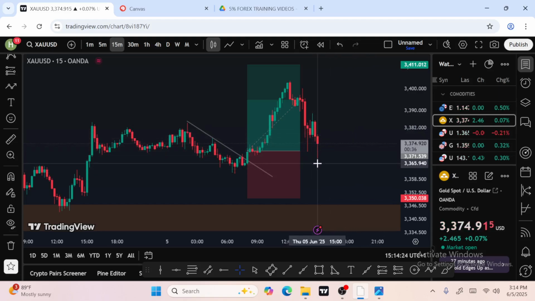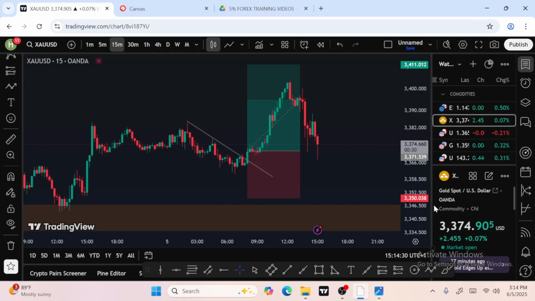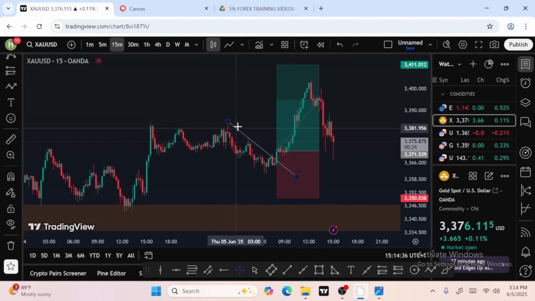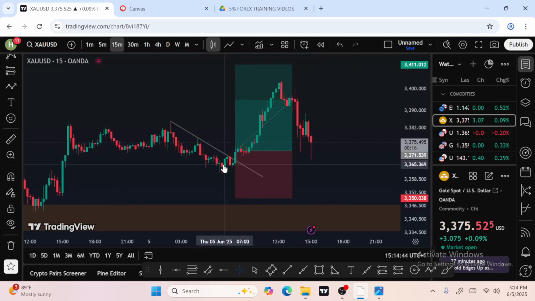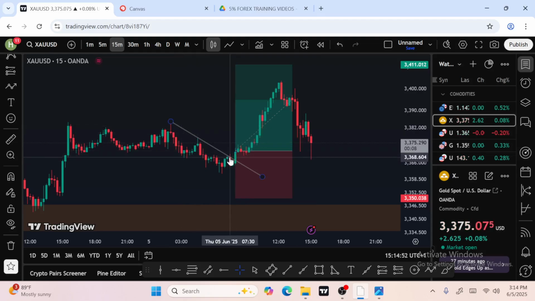Either there's manipulation or the market just decided to, but these are indications that this market is going up. Do you get it now? So if you do not wait for the confirmation of this counter trend line to break out, and you now enter a buy because you see a bullish engulfing bar, you now enter, and the market has not broken out from this counter trend line. Now see what happened here. What happened again?